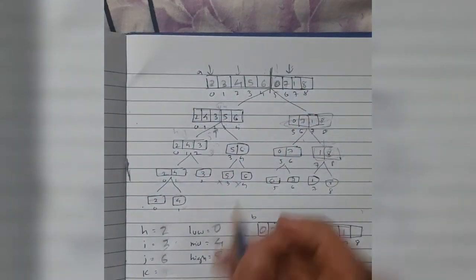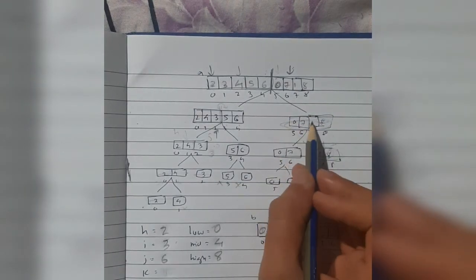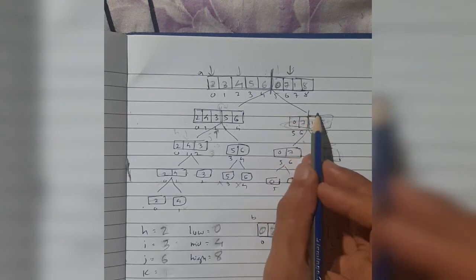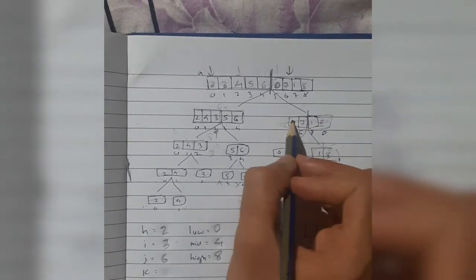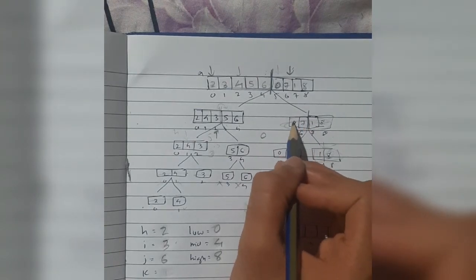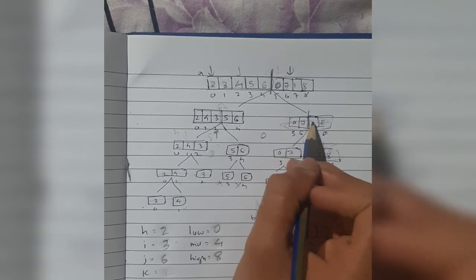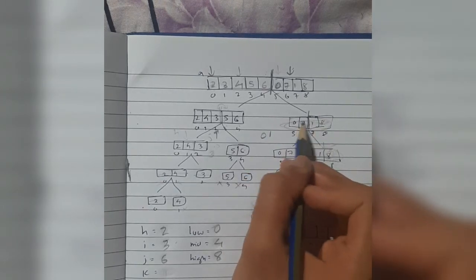At this point, what we have to do is 0, 7, 1, 8 is there, right? So we'll be comparing 0 and 1. This is mid value. H will be starting from here, J will be starting from here. 0 and 1 will be compared and written in B. First 0 will be written, then 0 is written, so 0 will be incremented. 7 and 1, which is written 1. 1 is written here, then 1 will be incremented. 7 and 8, 7 is written and it will cross this point.